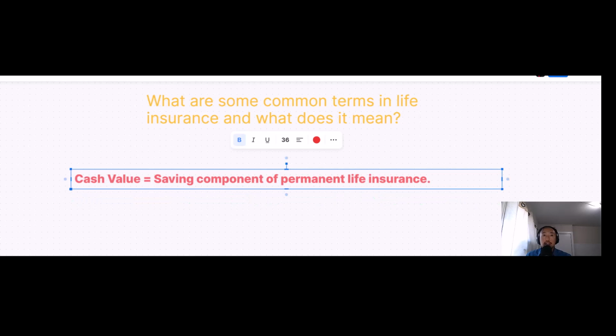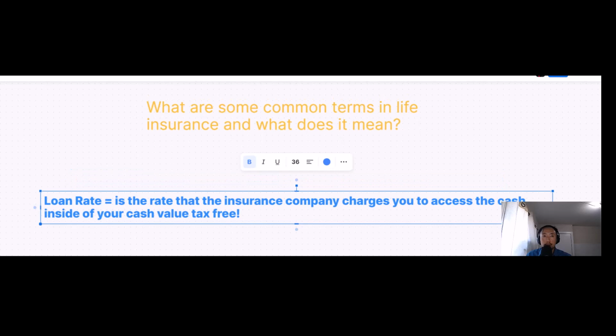The next definition I want to cover is the word cash value, which just means the savings component of your permanent life insurance, or your investing component of your VUL. And additionally, permanent life insurance just means cost of insurance plus cash value. So every time you hear me say the word cash value, just replace it with the word savings component of my life insurance program. So just when you hear the word cash value, just think savings program or savings component.